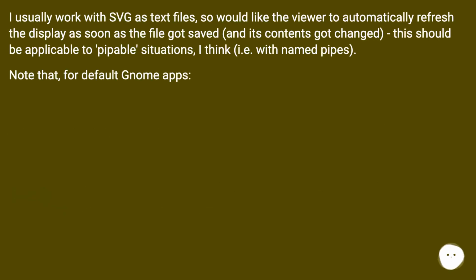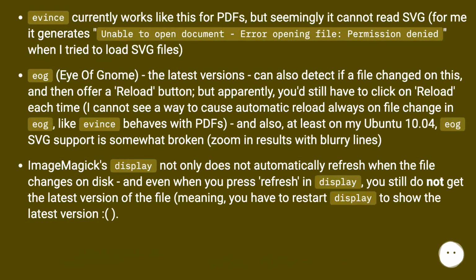I usually work with SVG as text files, so I would like the viewer to automatically refresh the display as soon as the file gets saved and its contents change. This should be applicable to the pipeable situations, I think, i.e. with named pipes. Note that Evince by default works like this for PDFs, but seemingly it cannot read SVG. For me it generates "Unable to open document. Error opening file: Permission denied" when I try to load SVG